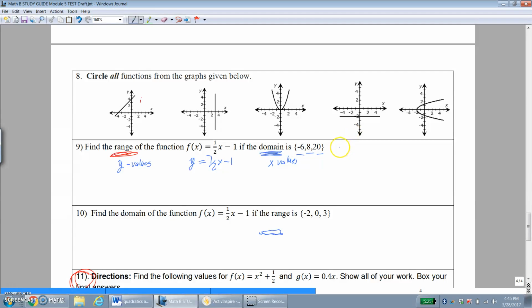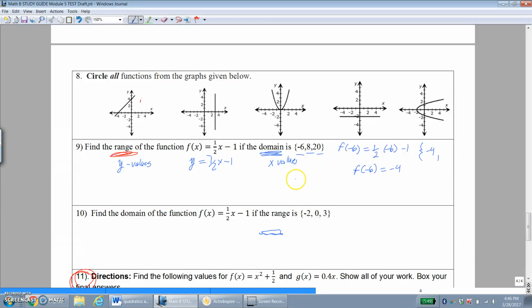So what this is saying is the function of -6 is equal to 1/2 of -6 minus 1. And it wants you to solve this. I'll do this one really quickly in my head. If I were to solve this, I would get -4 as my answer. So that's the first part of my domain. And because it's the same value, they just put it in fancy brackets, but they're just saying these are the